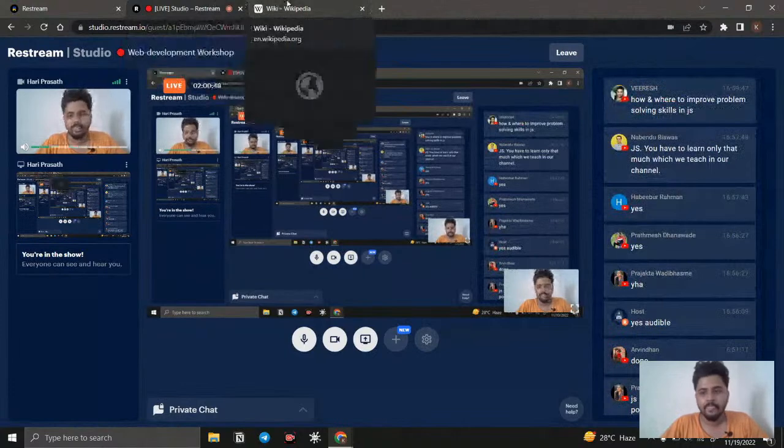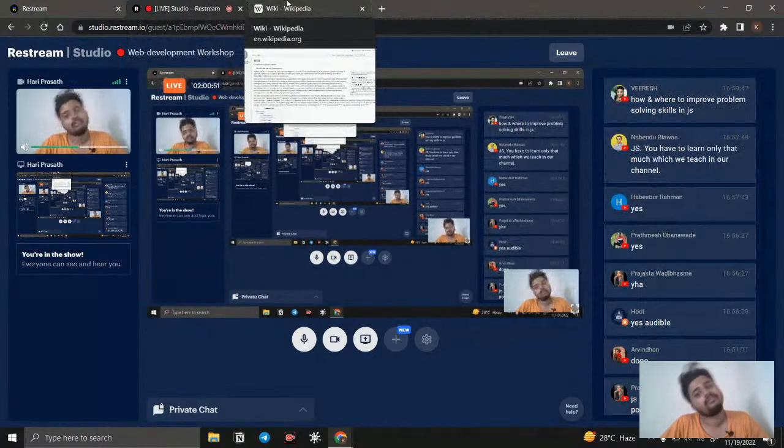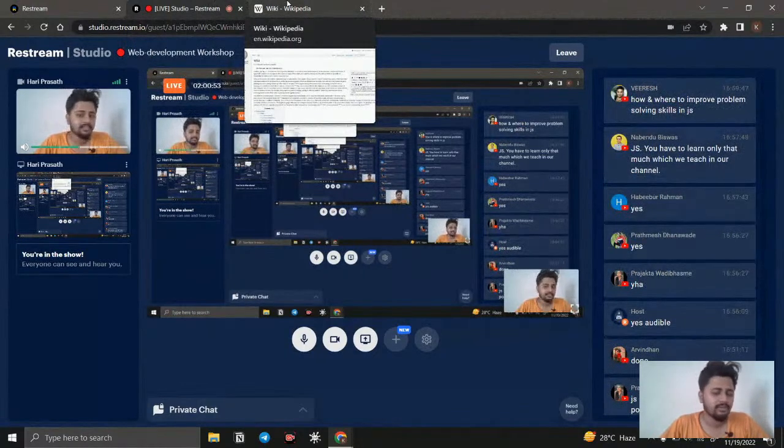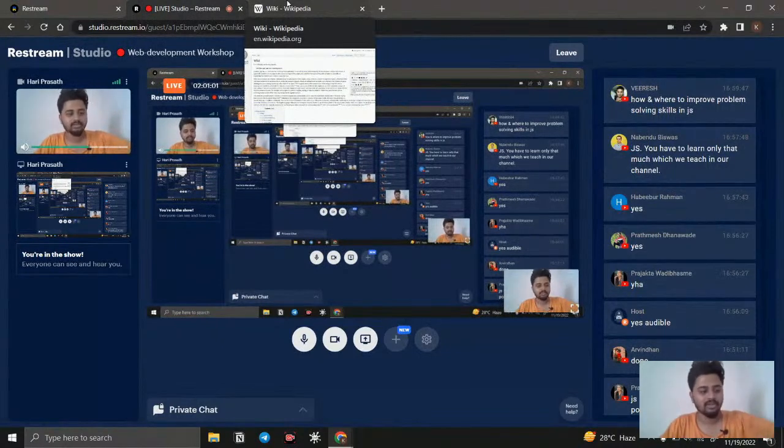Okay, so how and where to improve problem solving skills in JavaScript? If you want to become a developer, first of all, go and develop projects for creating logic. Each and every logic is problem solving. So instead of focusing on problem solving, I highly suggest focusing on developing things, because in the end you're going to develop a lot, right?